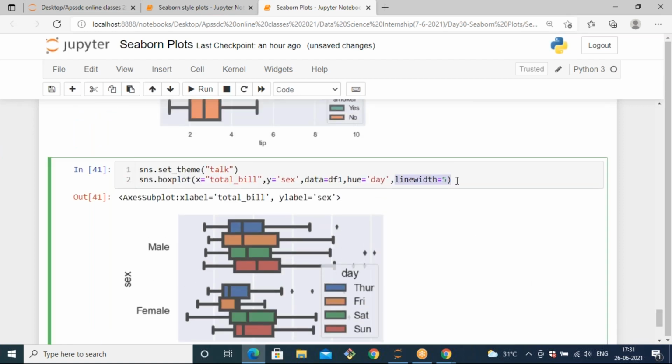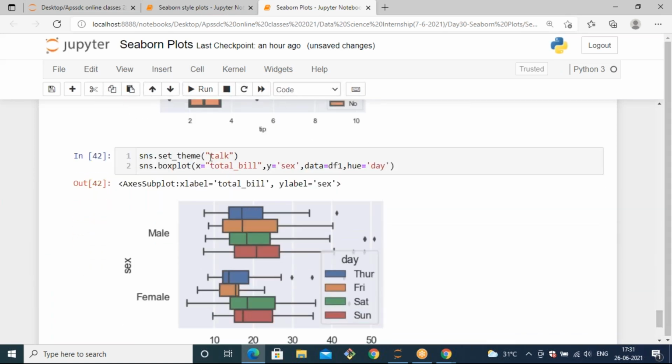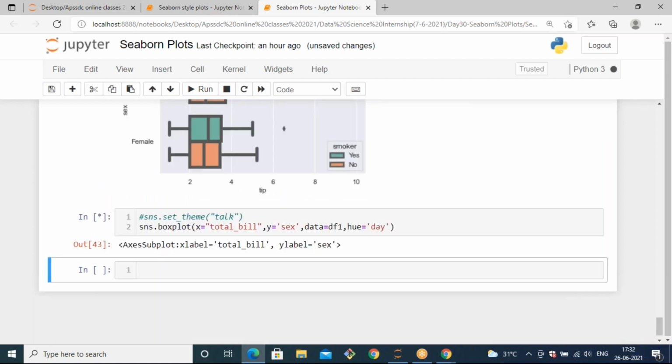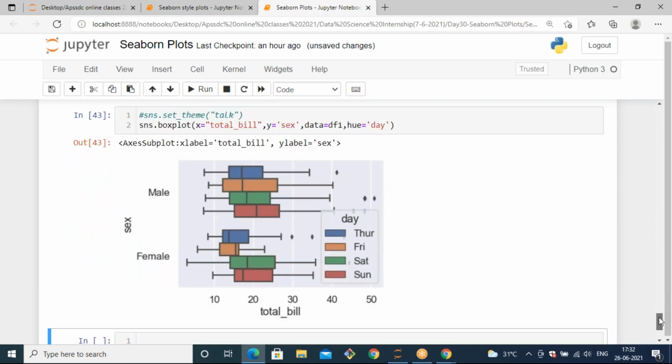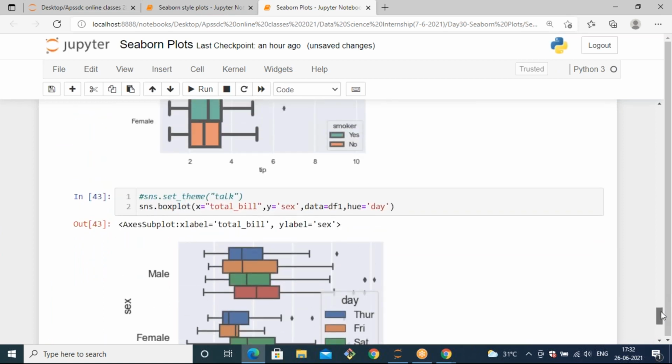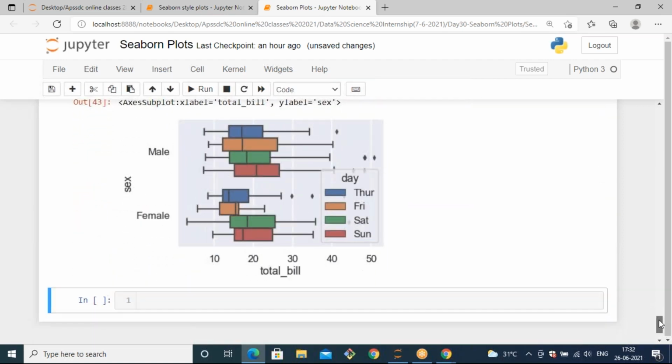If I remove this linewidth, you can observe the plot like this when you set the theme as talk. If you don't mention a theme, it will generate the default theme. Once you apply the theme, it will apply to all the upcoming box plots also.